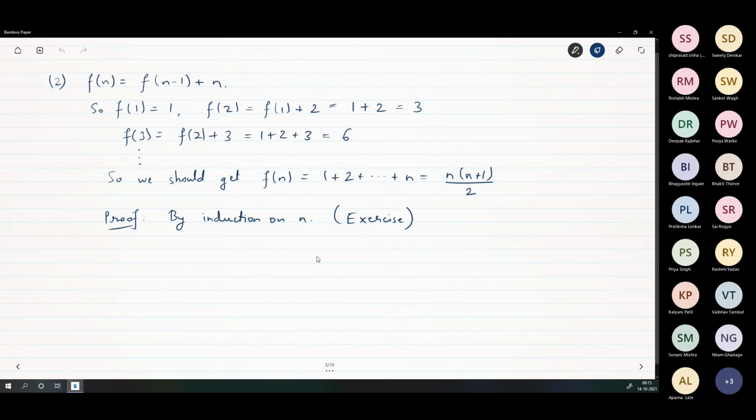Okay, this is in fact not important, but just try it out just to convince yourself that this is one way. If you don't have any other method of solving a recurrence, or if every other method fails, one thing you can definitely try is look at the first few terms, f of 1, f of 2, f of 3, f of 4. Try to guess the value and then prove by induction. Okay, that is one method you can always try. All right.